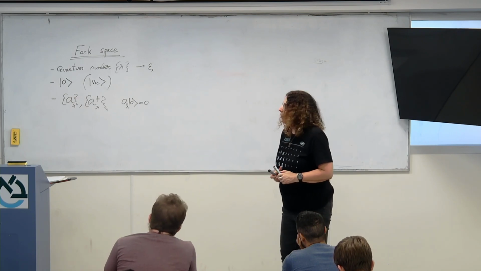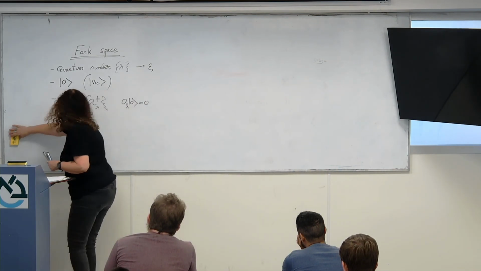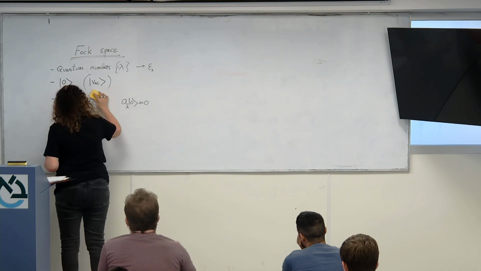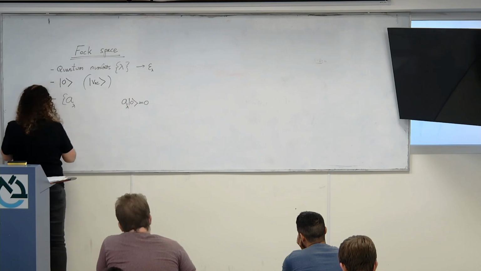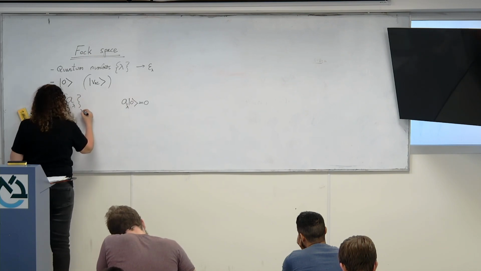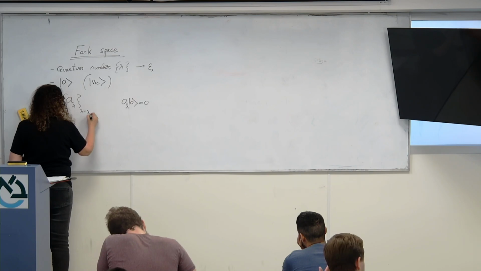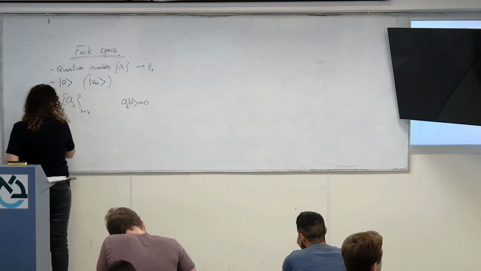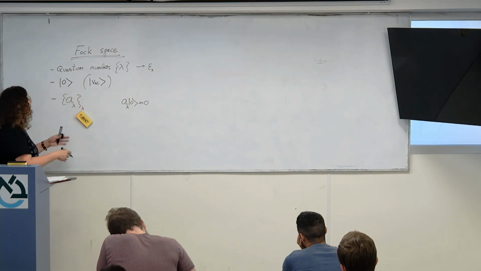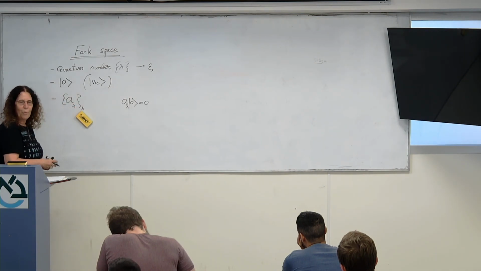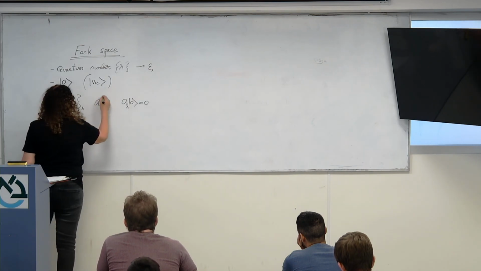Why did you write lambda twice, the name in the sub? So it's just a bad notation. I meant that these curly brackets just say that lambda is running over, never mind. Okay, you know what I mean. So it's just a notation that it's a set. It's a set of operators. Okay. And similarly for A.